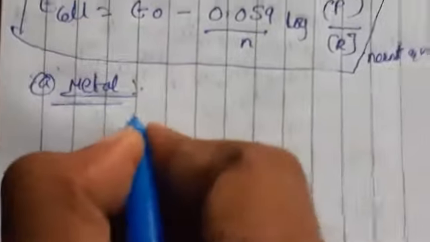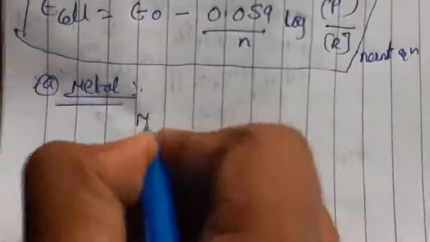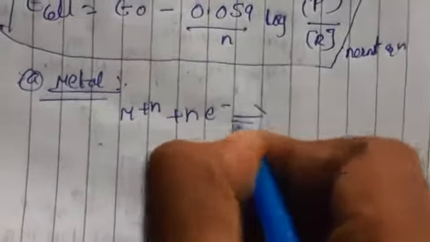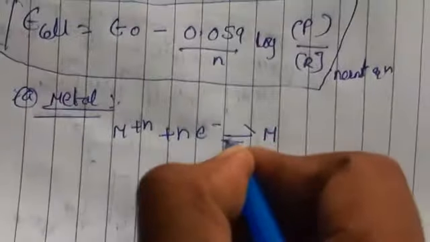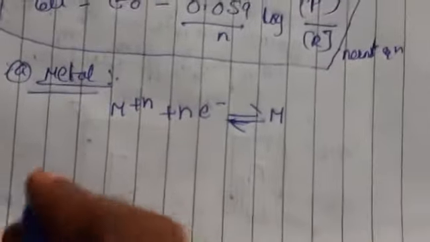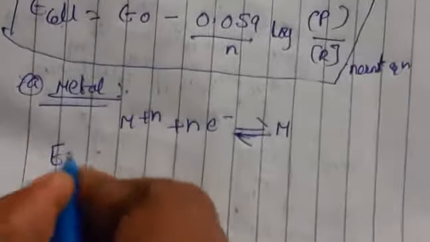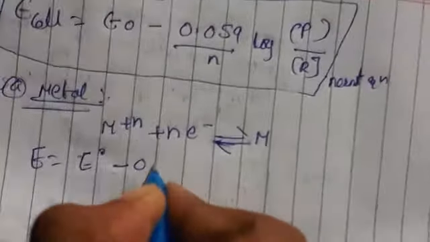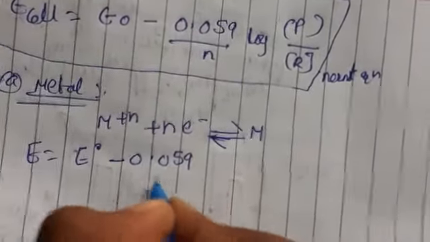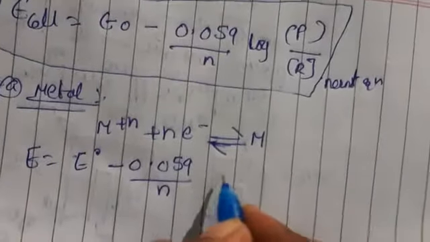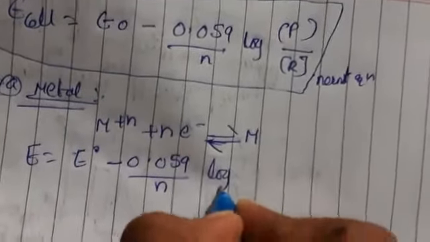For metals, let us consider a reversible reaction: M^n+ plus n electrons gives rise to M. Okay, so this is the reversible reaction for metals. Now what is the formula for us here? E = E° - (0.059/n) log